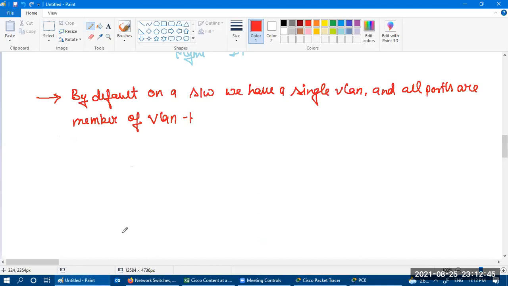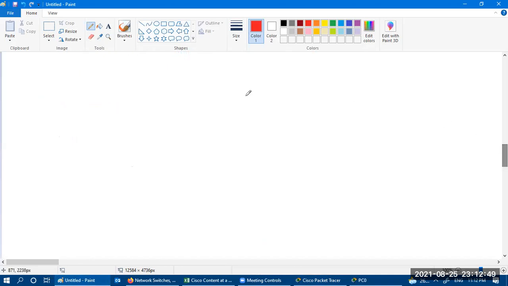Okay, now next, let's talk about virtual LAN. What is the range for VLAN ID? The VLAN ID is 12-bit long.